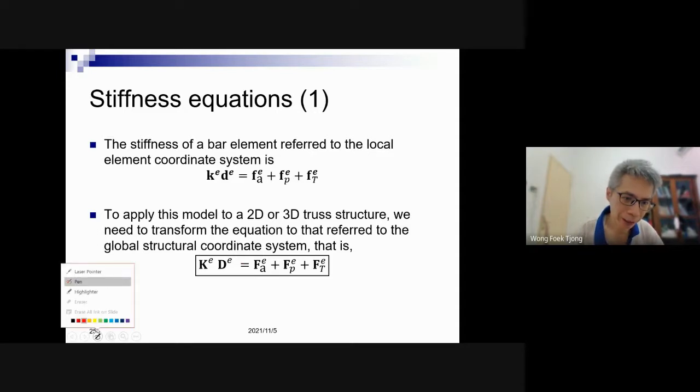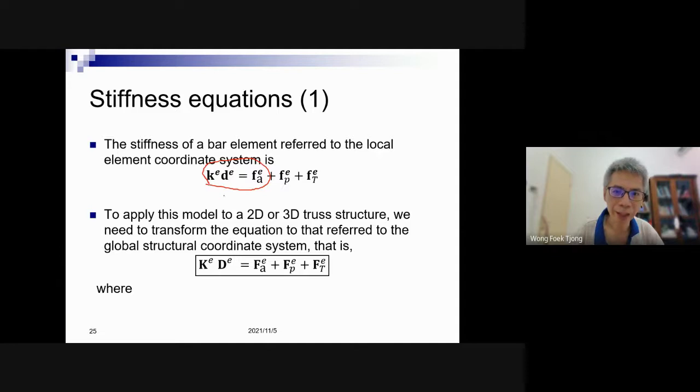this is the application to truss. Initially, for our equation, we have only this one, right? For truss. If there exists some force along the members of the truss, and also there is temperature change, we can just add this one. So it is a kind of generalization of what we have discussed previously when I talked about the direct stiffness method. Previously we only had this equation, now we have this one and this one.